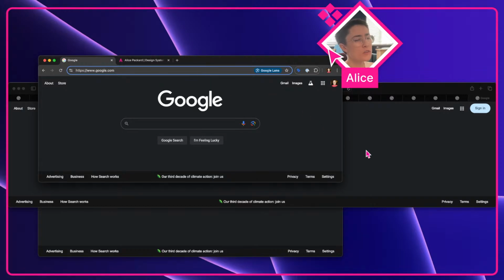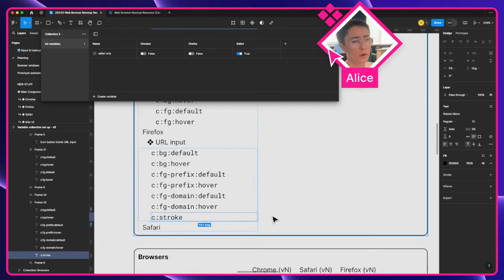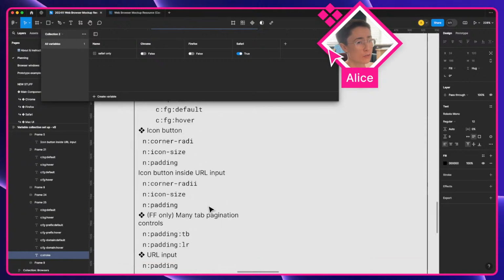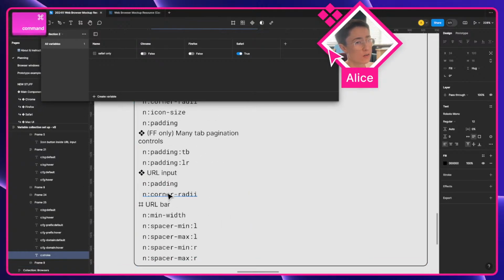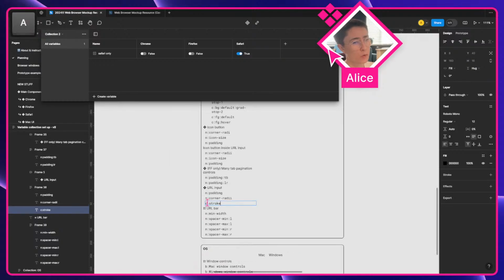Yeah, the stroke is just the one color. So it will have a light and dark, and then URL input across the different browsers is also going to need that, which would just map in here. And so we will connect